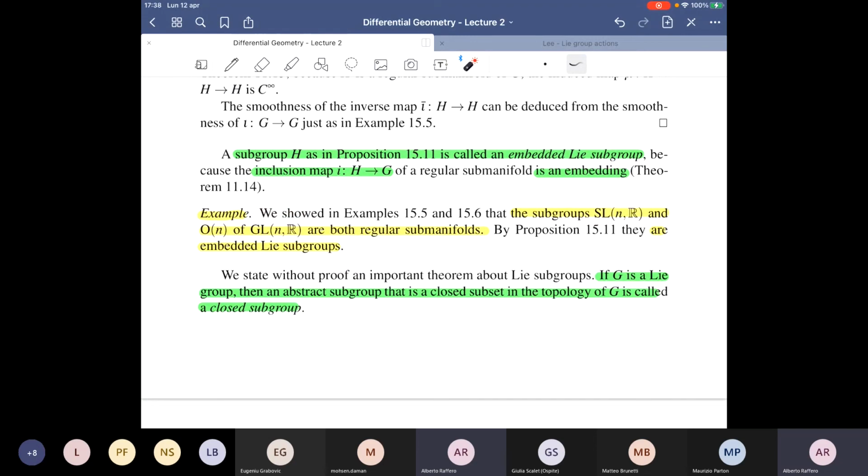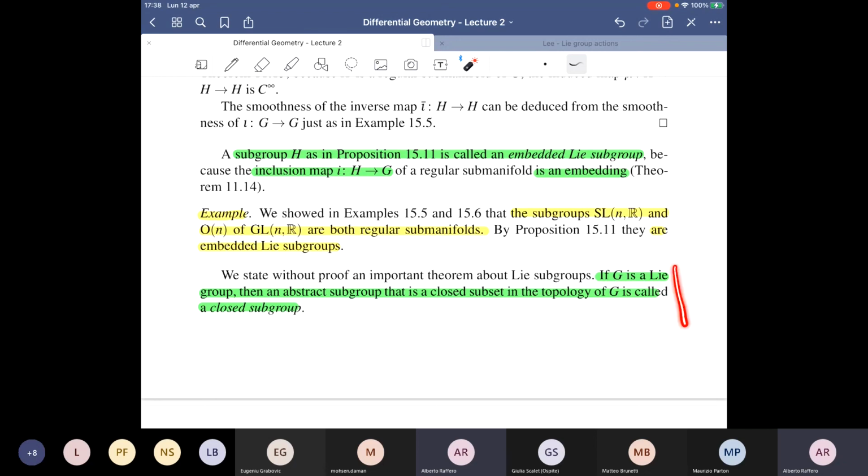Now there is another crucial result in the theory of Lie groups that actually requires much more information and many more techniques to be proved. So here there is only the statement, and it involves the so-called closed subgroups of a Lie group. Again, remember that a Lie group is a manifold, it has a topology, and so it makes sense to talk about open subsets, such as the general linear group inside the group of matrices. And it also makes sense to talk about closed subsets in the topology.